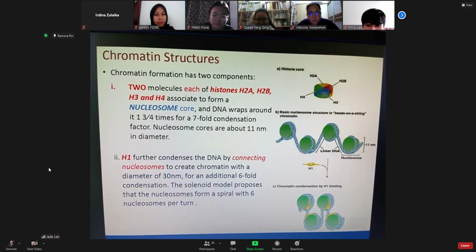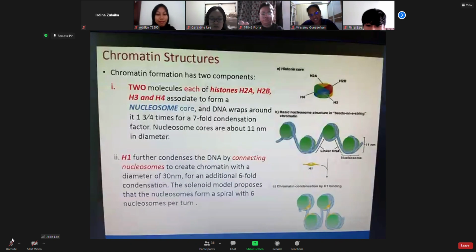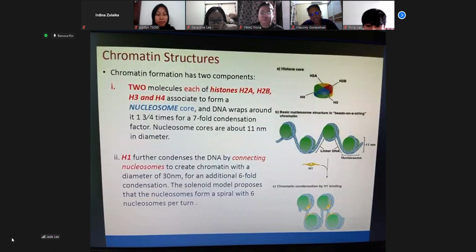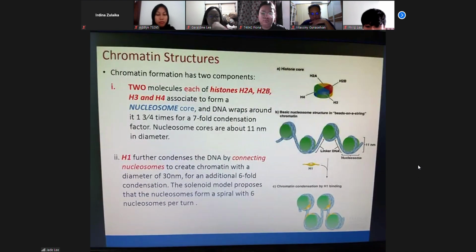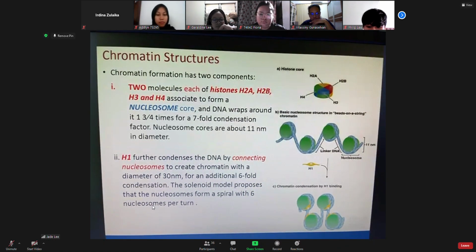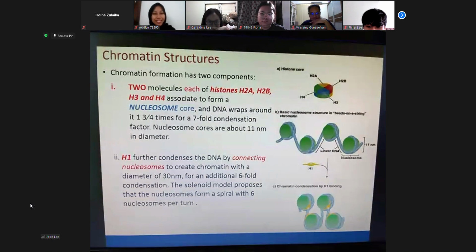Actually ini boleh menjadikan satu assignment juga. Okay? Tapi kamu jangan buat lah. Kalau saya nak buat, I would ask you to make a solenoid model dengan menggunakan the dough that you make, and take foto. Because very cheap. RM1 cukup. Tepung berapa saja, tak perlu sampai 1 kilo you pakai. Ya, mungkin 100 gram dah cukup.